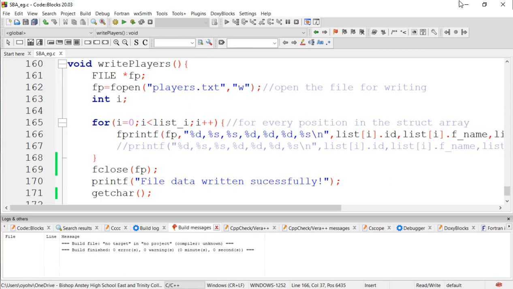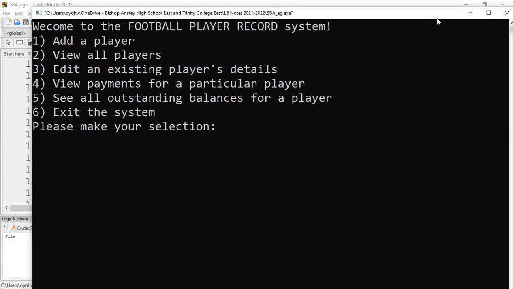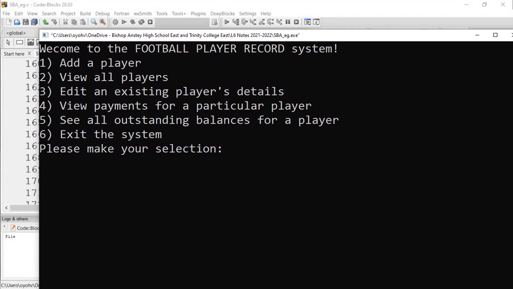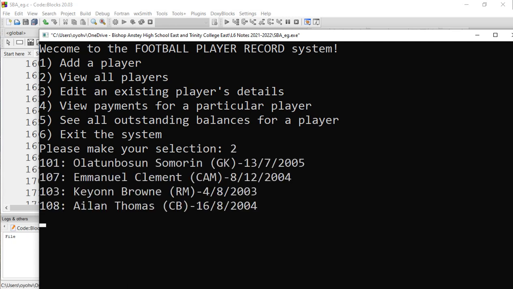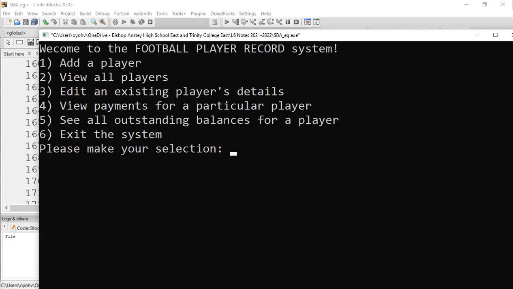Nice. Alright. So let's run this code and see if it's still working between last class and this class. Okay? So the menu is coming up. If we say view all players, it's coming up as it should. Right? If we say add a player,